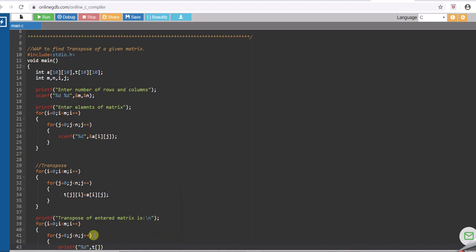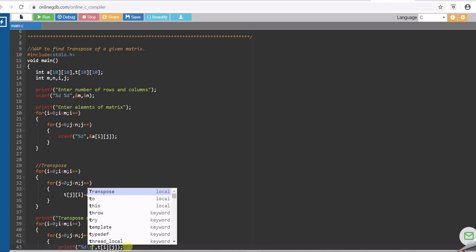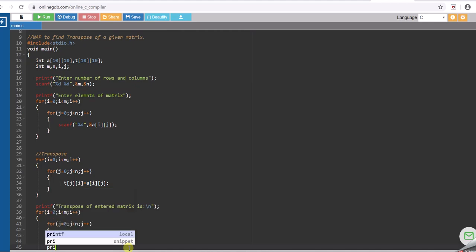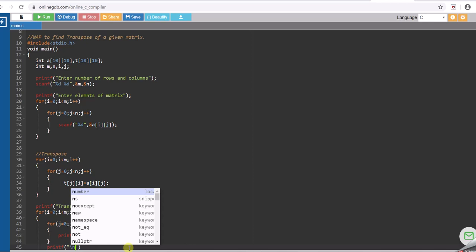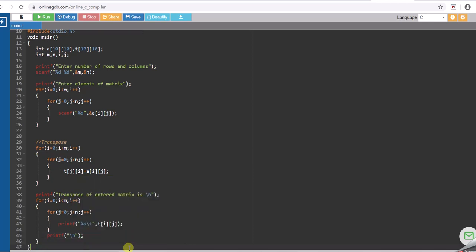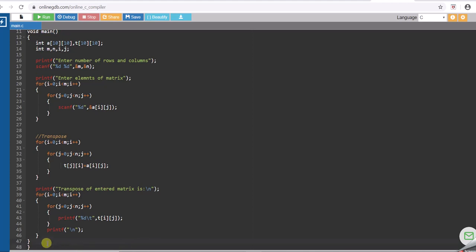Now my transpose matrix is T, so I'm going to print the values at the location T of ij. So this particular step is for printing of the transposed matrix. All right, we will execute this program.